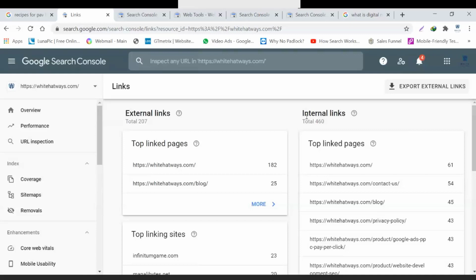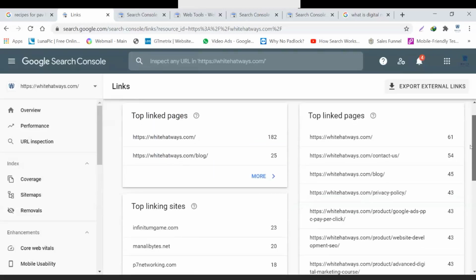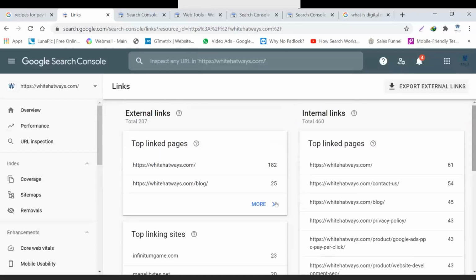So within this section, Google is pointing out which are the external links and which are the internal links. These are the top linked pages to which I'm getting a link from outside.